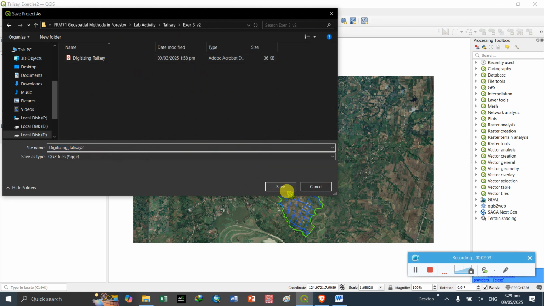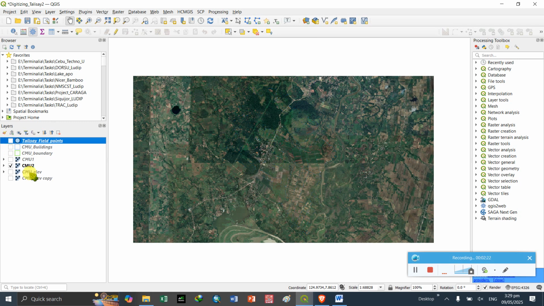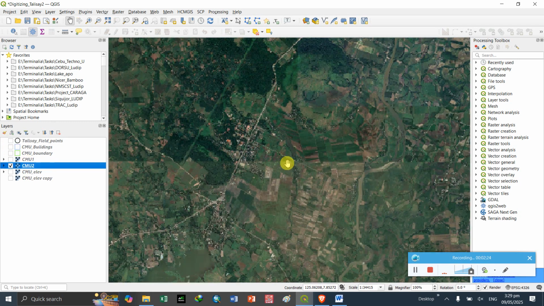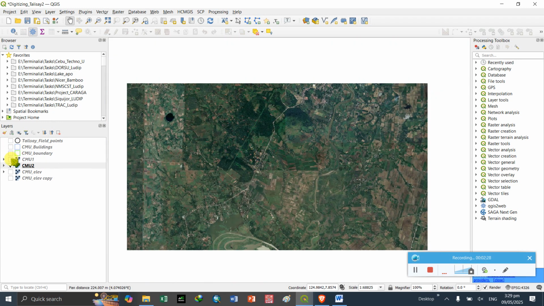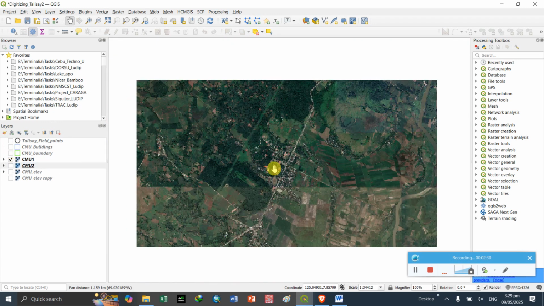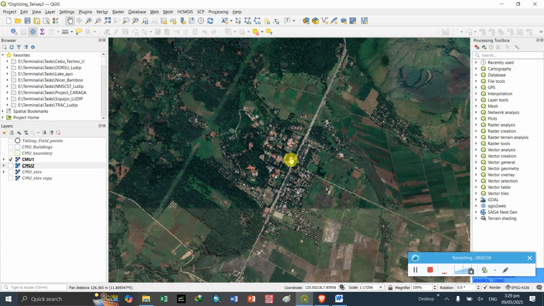Okay, so rename the file and then click save, and then you need to turn off the layers, and then we will use the raster data, the satellite image of CMU. And then I need you to familiarize yourself with the different features present within the satellite data.